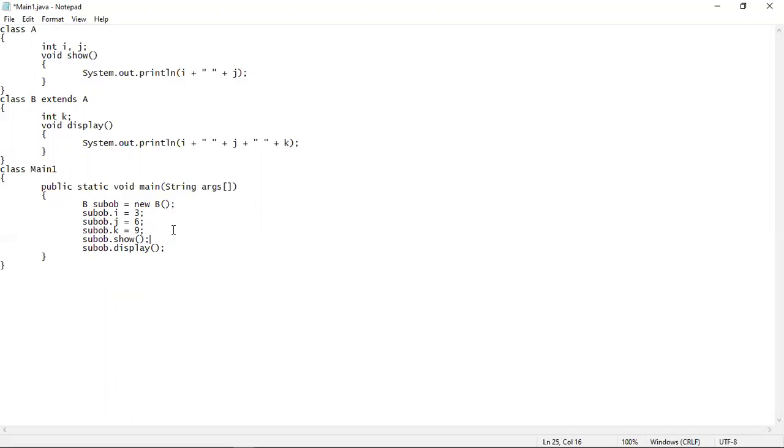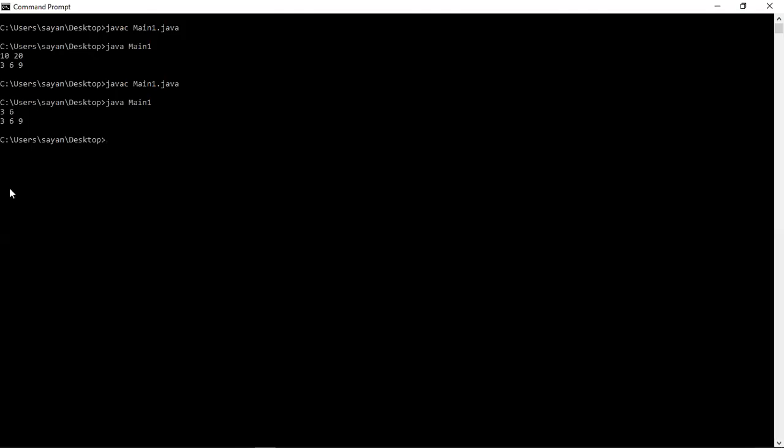You can also do the same things using only one object, which is the subclass object. So here is the output of the changed program, which shows you that when the show method is called, only i and j are printed, which are 3 and 6. And when the display method is called, i, j and k are printed, which are 3, 6 and 9.